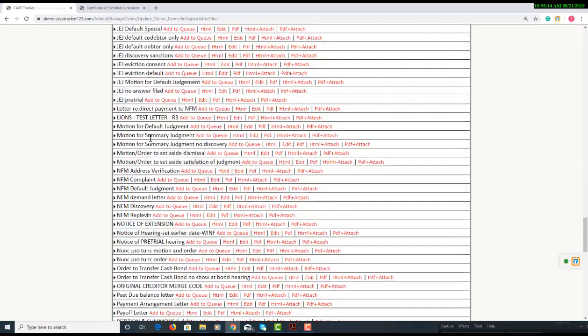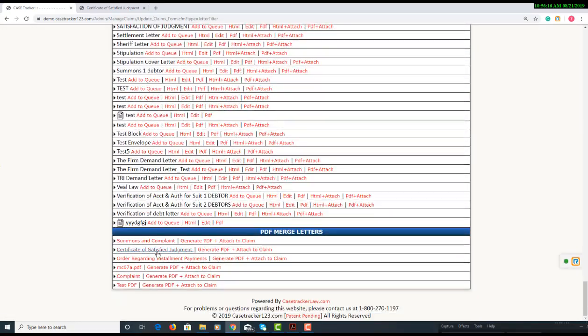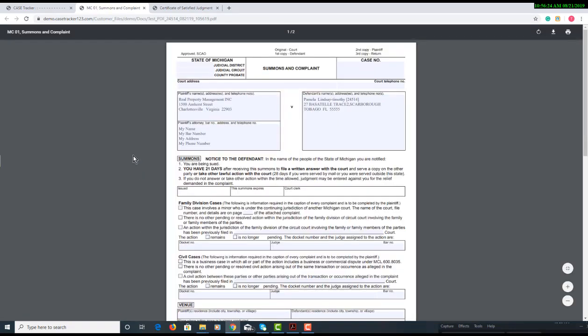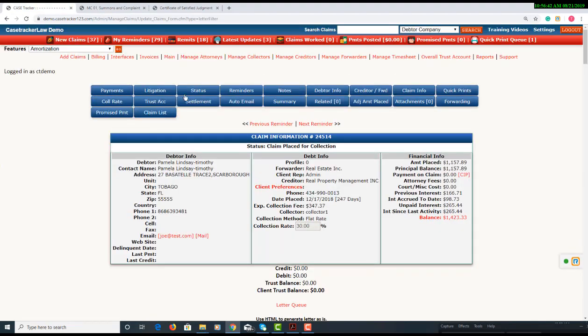These are usually from the letter wizard for Word documents. Down here we've got test PDF. Let's click on it and see what it looks like. So you can see that the information from the claim has been auto-populated into here. We must not have a court address set or case number set. The defendant information's here. That's on the claim. If you're missing information from any of these forms, it usually just means it hasn't been filled out somewhere on